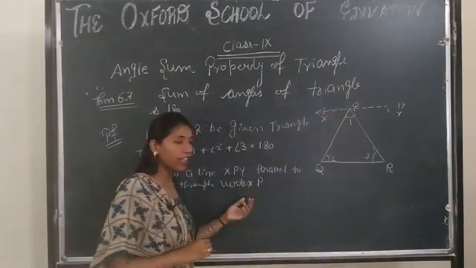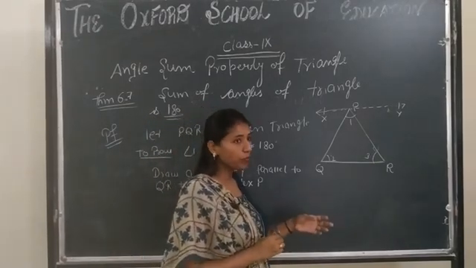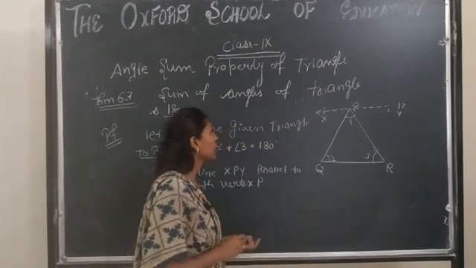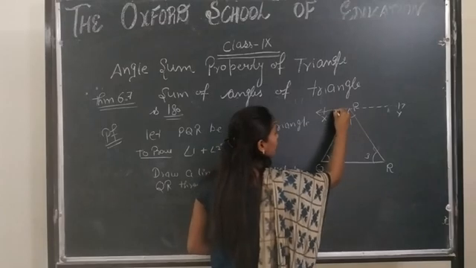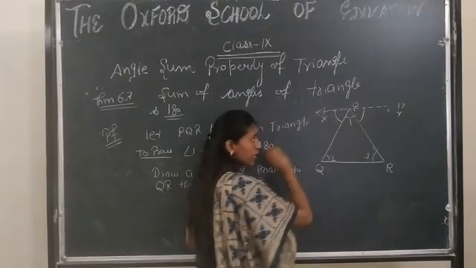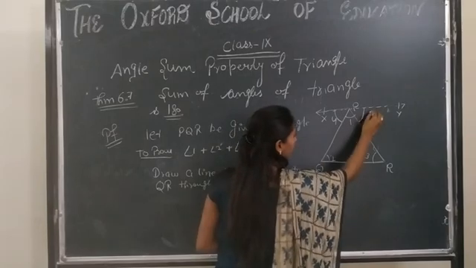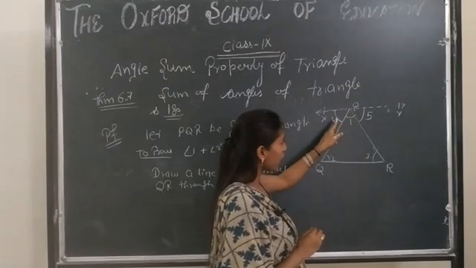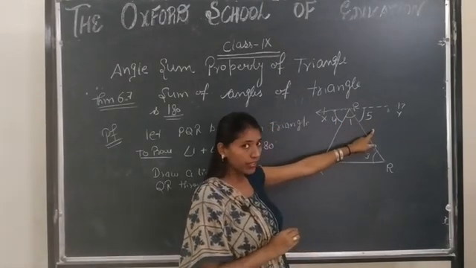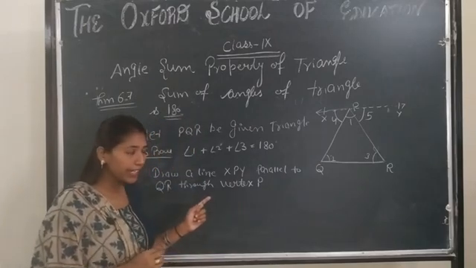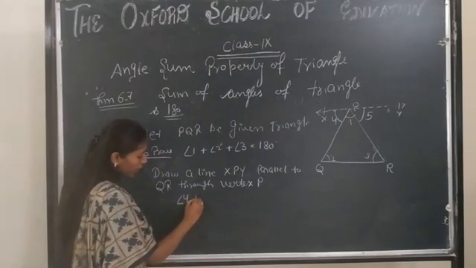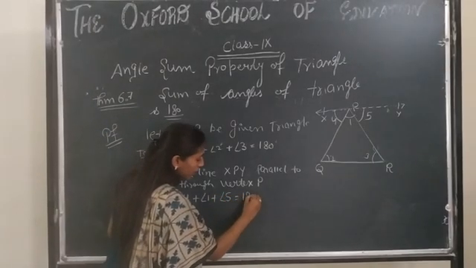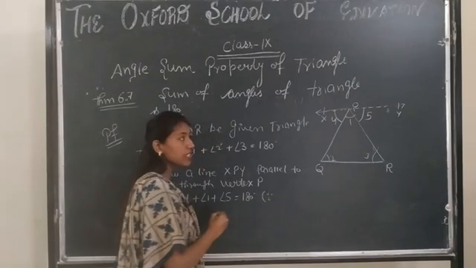Why do we draw this parallel line to QR? So that we can use the results of parallel line and transversal line which we have done in the last video. Here a new angle is formed, here also a new angle is formed. Name it as angle 4 and this as angle 5. So what you observe? Sum of angle 4, angle 1 and angle 5 is equal to 180 degree, because it is a straight line angle.